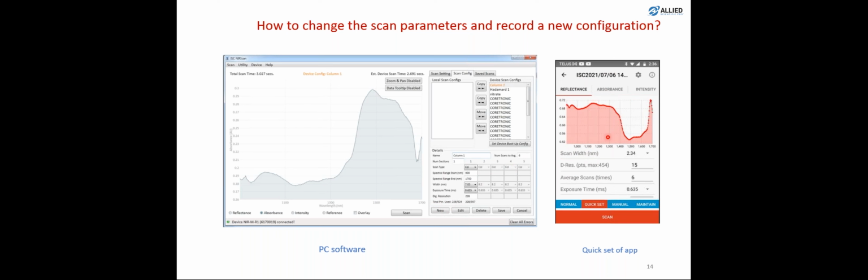This is the app. You can also use an app that communicates with the device via Bluetooth. If you want to change your parameters, you can go to Quick Set. Normally you're on Normal, but you can go to Quick Set, and then you can change the number of average scans, and also the average times or exposure time. You can also change the exposure time if you want. I would not change any of the spatial wavelength related parameters, because